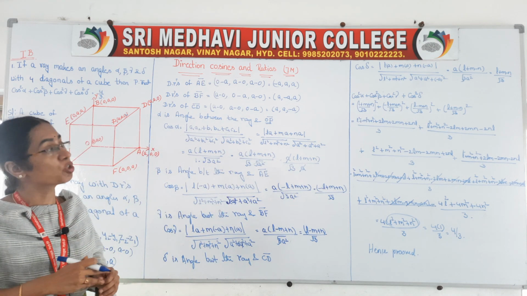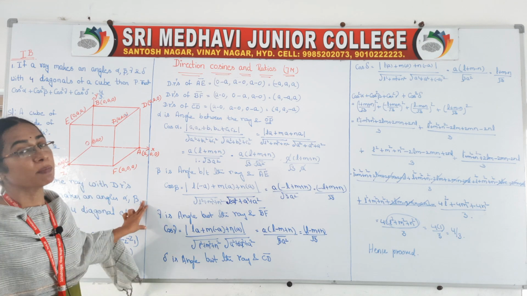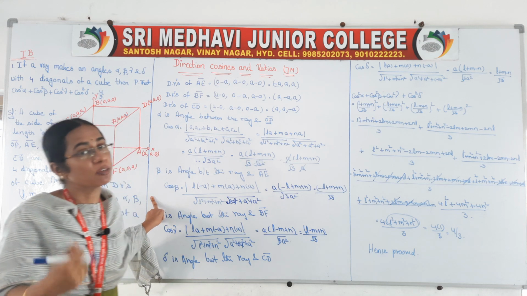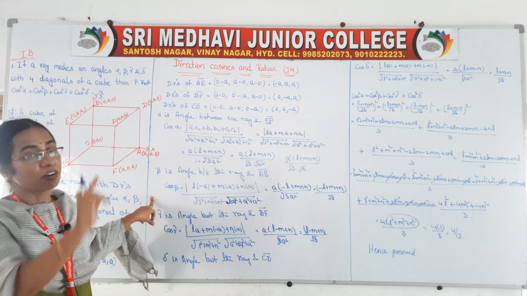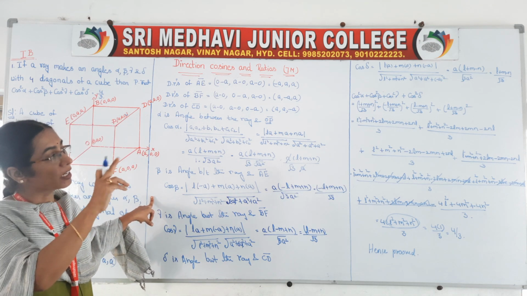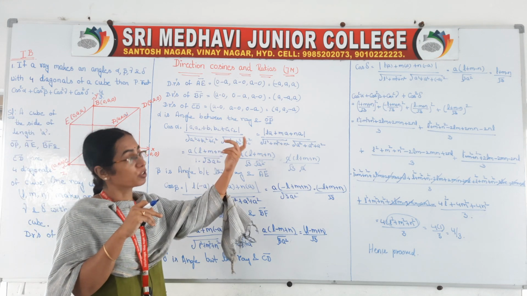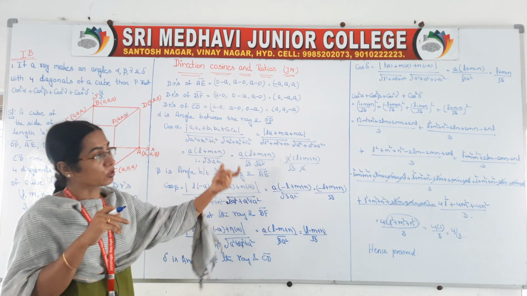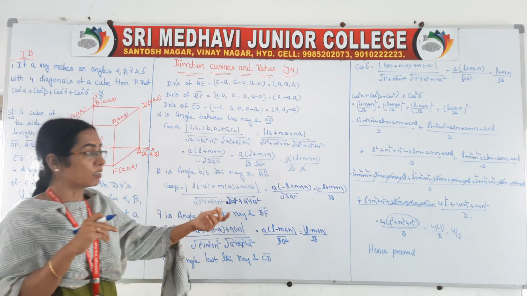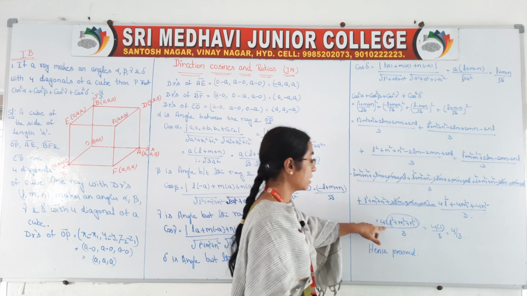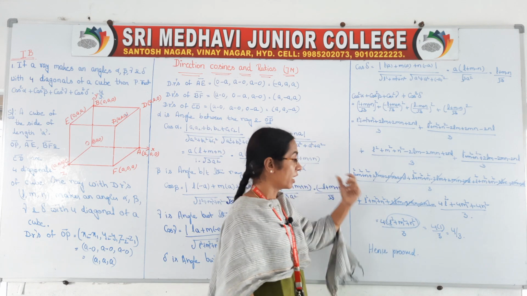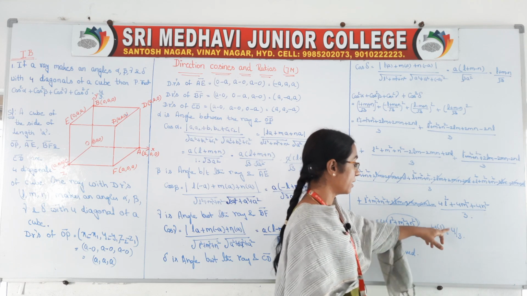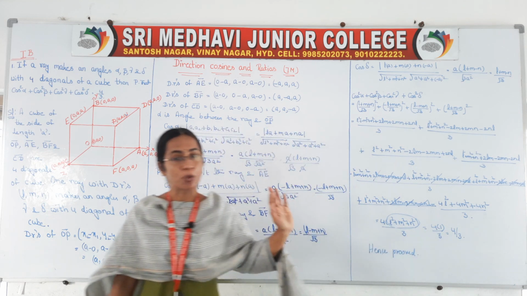It is asked to show that cos square alpha plus cos square beta plus cos square gamma plus cos square delta is equal to 4 by 3. That is what we have to prove. So, for that we have taken this. Squaring all these, cos alpha whole square, cos beta whole square, cos gamma whole square, cos delta whole square, and expanding and cancelling, finally we got 4 into L square plus M square plus N square, and we know that this value is equal to 1. So 4 into 1 by 3, that is 4 by 3, hence proved.